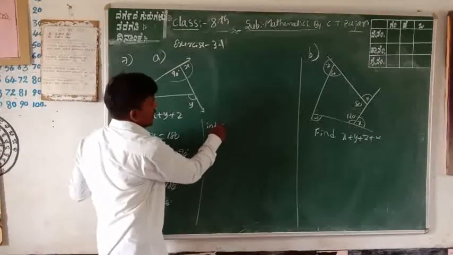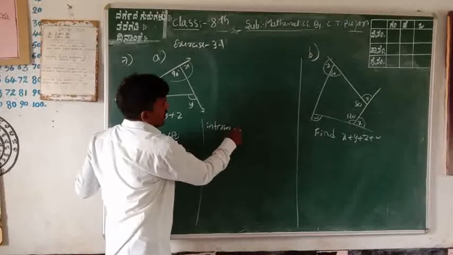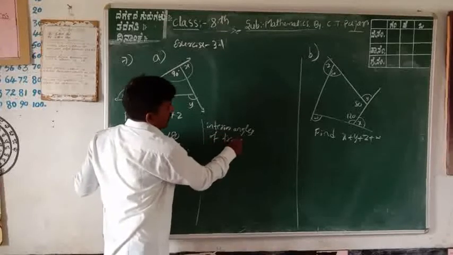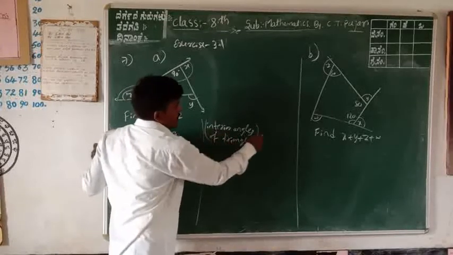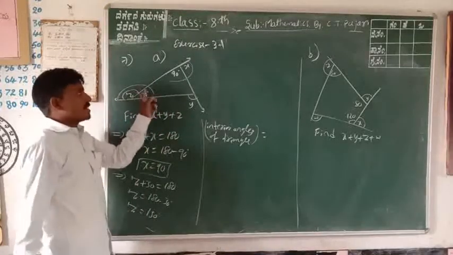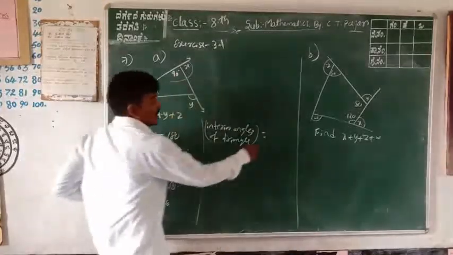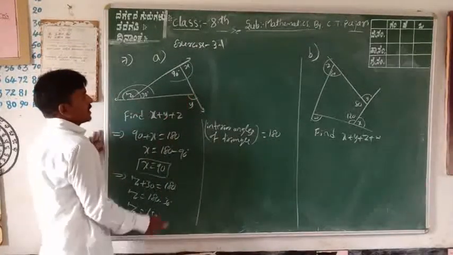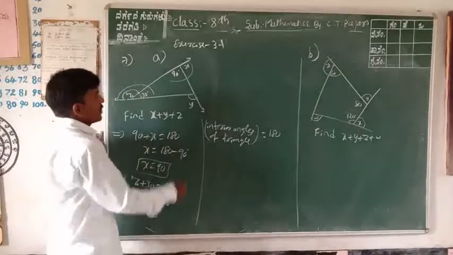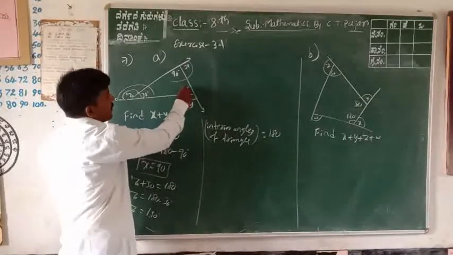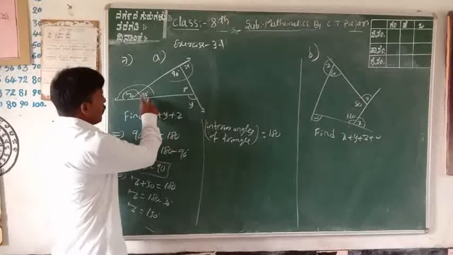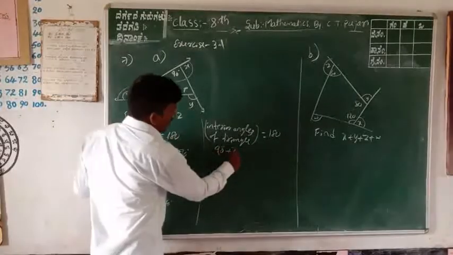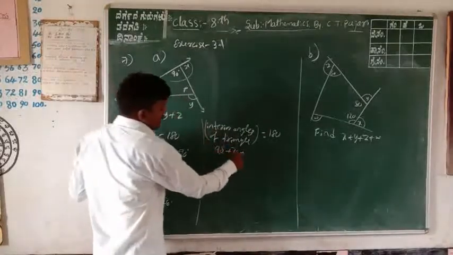What about the next one? The interior angle is not given. Therefore, the interior angles of a triangle: the total sum of all angles in the triangle is 180 degrees. Therefore, this angle is considered. Find out this angle; x, y, z are there. I can take it as angle p. One angle is 90 degrees, the next angle is 30 degrees, and this angle is p. You can find out p.